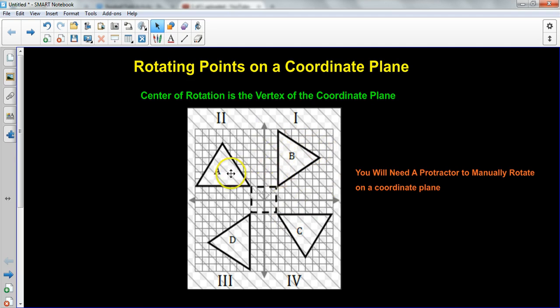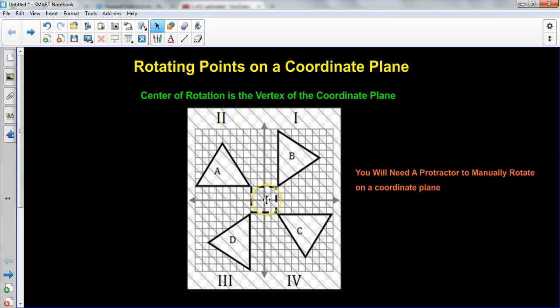Since we're talking rotations, you need to think about where we're rotating around, or the center of rotation. That's always going to be the origin when we talk about a coordinate plane. It doesn't have to be. We could rotate on any point, right? It's just that when we talk about rotating on a coordinate plane, we typically are going to rotate around the